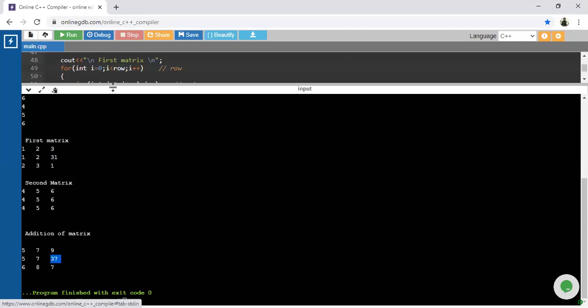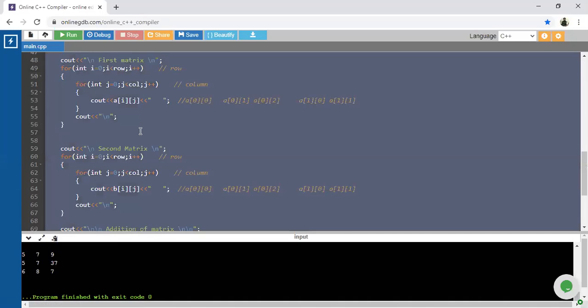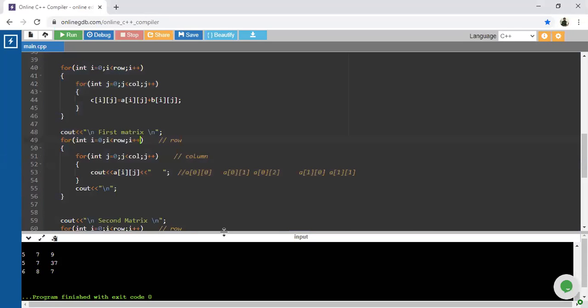Yes guys, clear with this? Yes, sir. Any doubt with respect to how we have done this addition? Your task for today is to try to perform the subtraction.